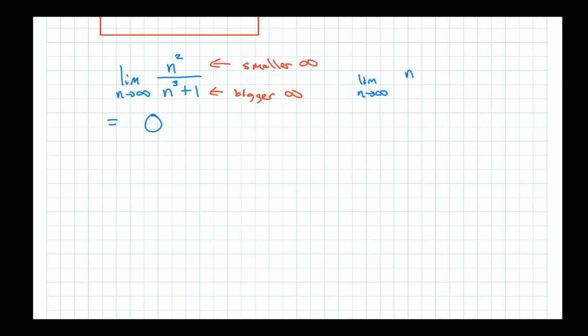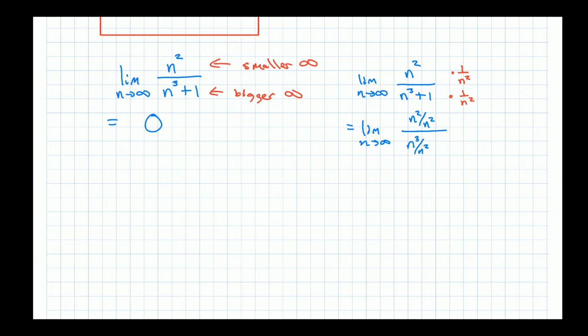You should have learned how to do this in your Calculus 1 class. But what you could do is, let's see here. In this particular case, you would say, if I multiply the top by 1 over n squared and the bottom by 1 over n squared, then I would be able to turn this limit into the limit as n goes to infinity of n squared over n